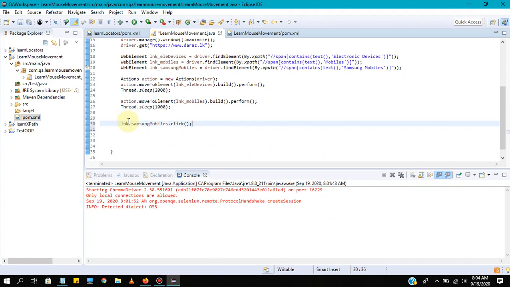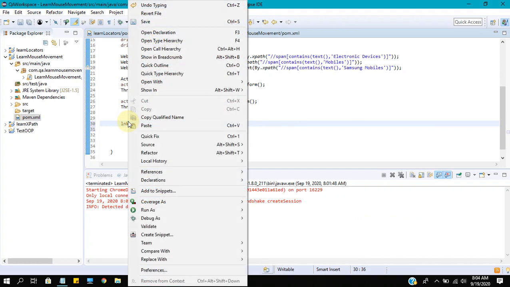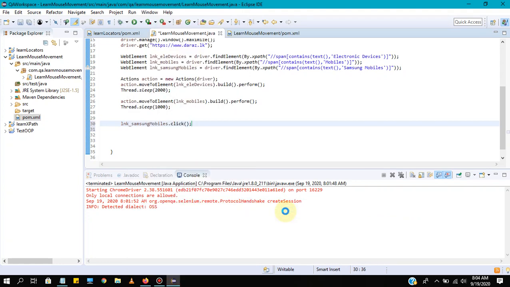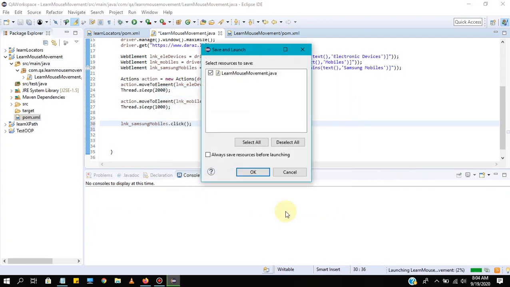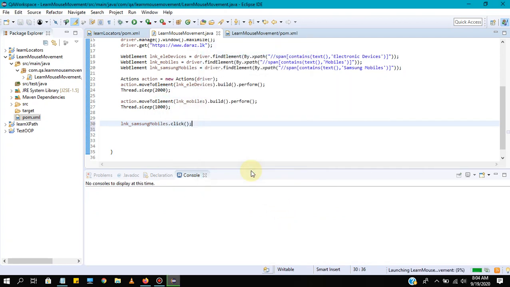So guys, let's run this and see whether that Samsung mobiles link is getting clicked or not.